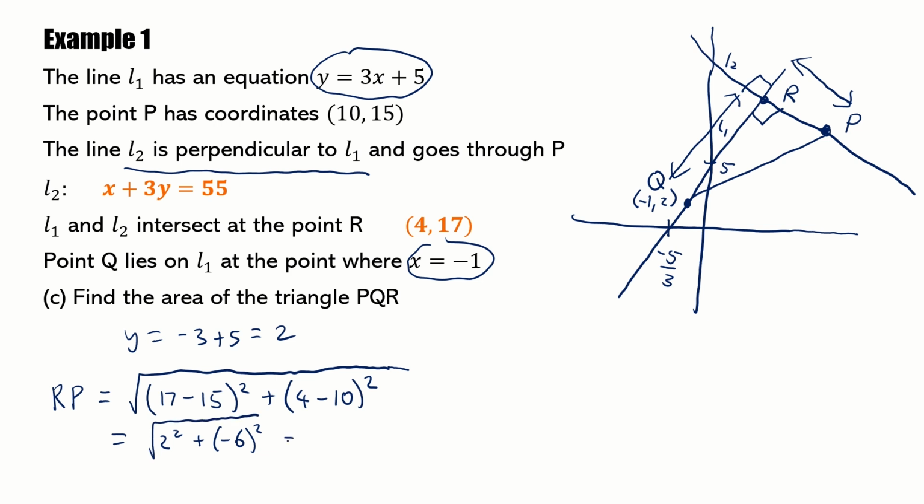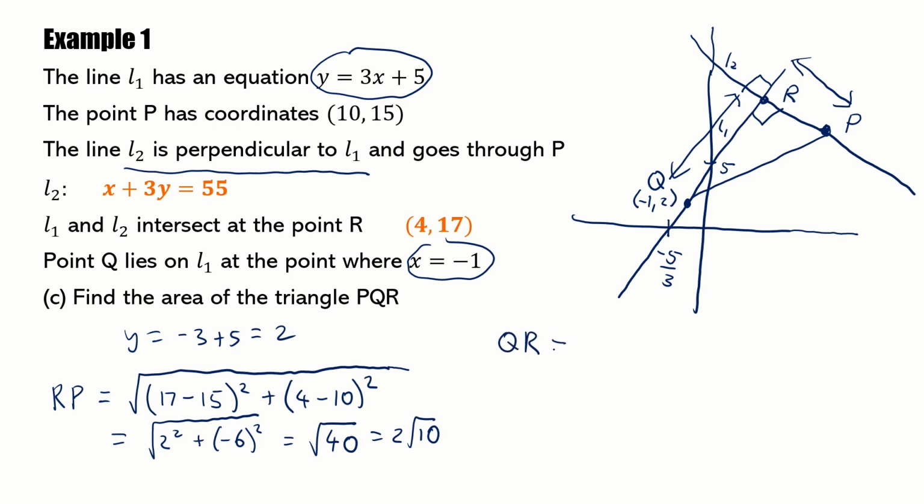So I've just got to work that out. Is that going to come out a nice number? No, it's root 40. Is that a problem? No, not really. We'll leave it as a surd. That could arguably be rewritten as 2 root 10 if you like. But there you go. We then could also work out the length from Q to R,